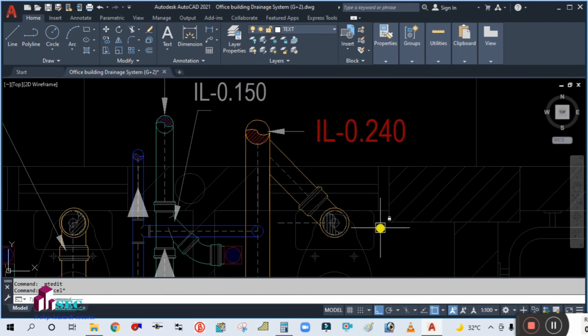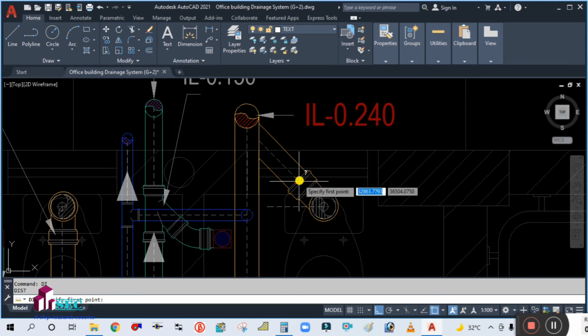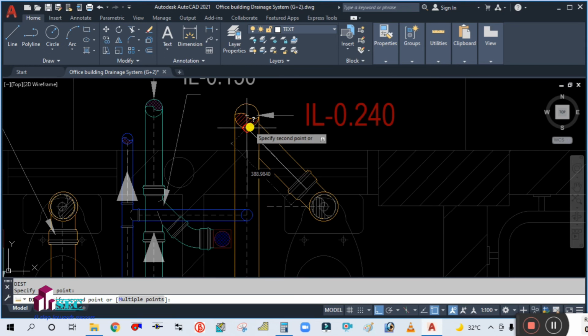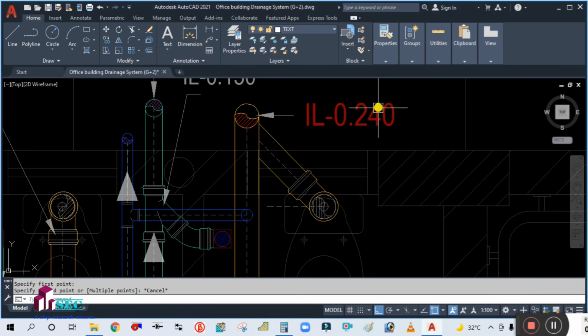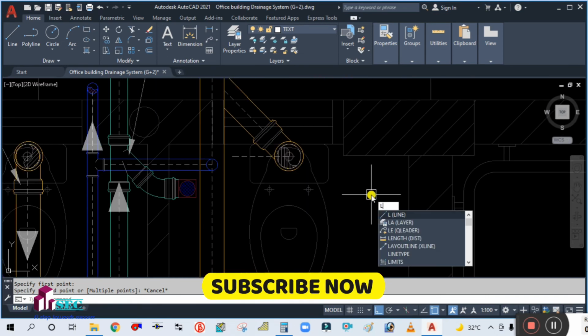And then for this branch, what will be the slope here? So simply check the distance from this point to this point. Then it is showing 377. So simply convert into meter, 377 divided by 1000, again divided by 100. Okay, so 0.003, and this value should be subtracted from this value. So 0.240 minus 0.003. Okay, so 0.237. Here your invert level will be